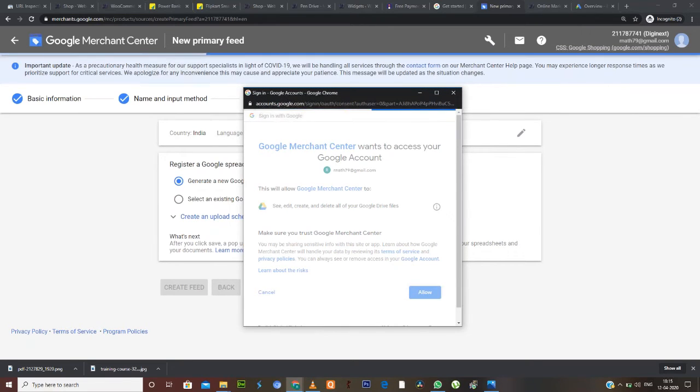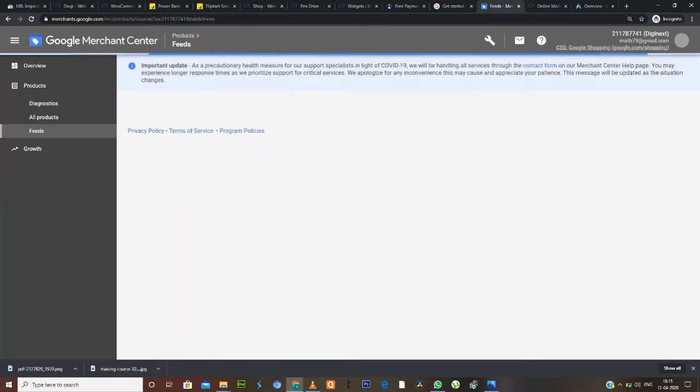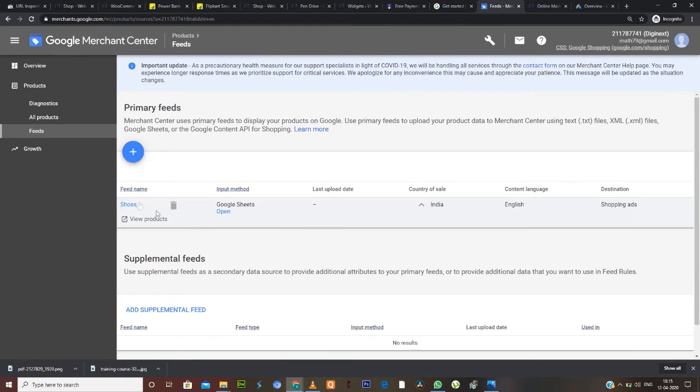Allow. Okay, so you can see the feed is created.